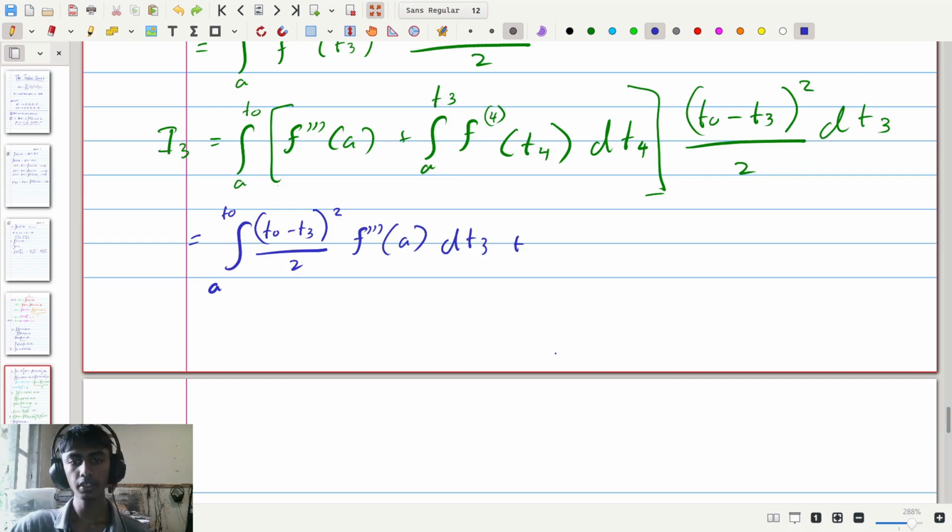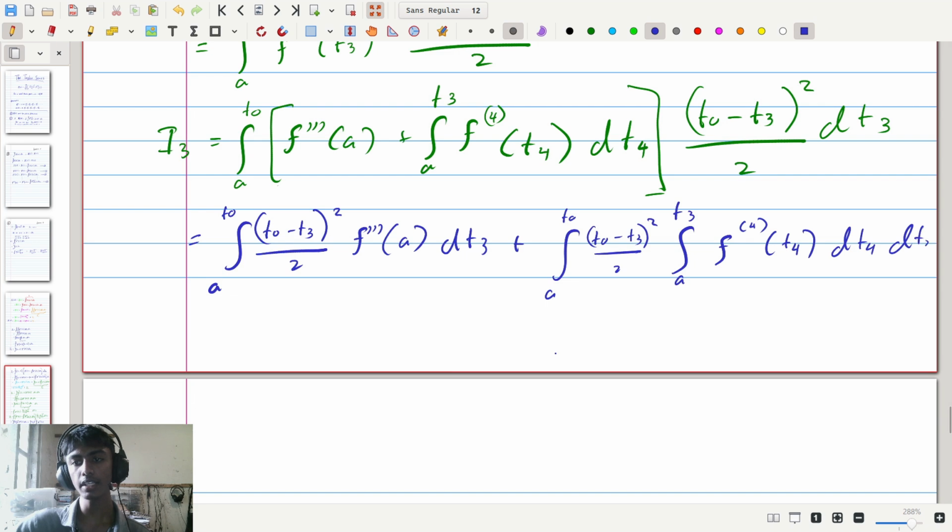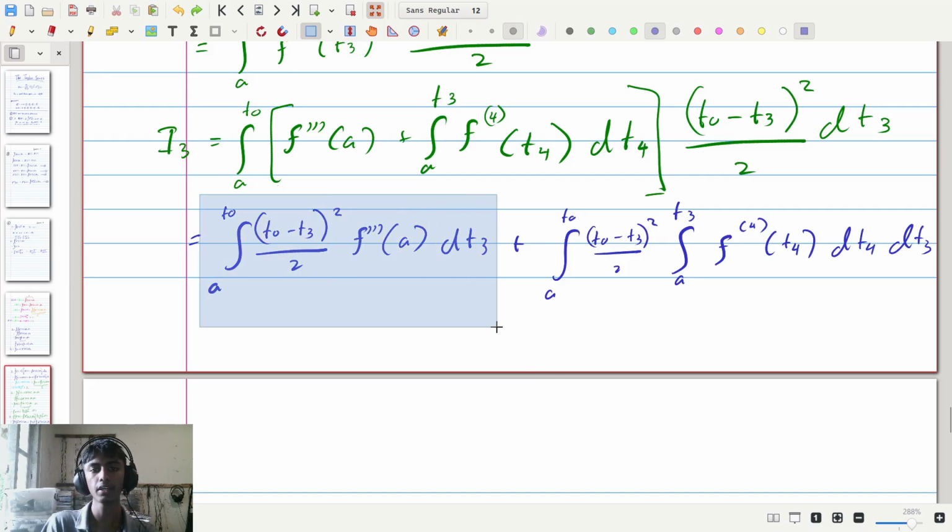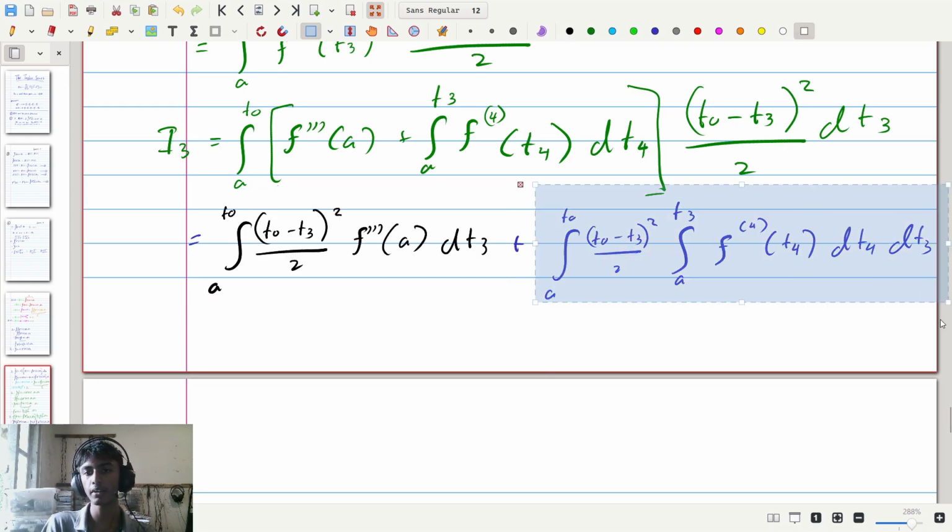So we're going to have the integral from a to t0 of that part, (t0 minus t3) over 2, this part squared, times the integral from a to t3 of the fourth derivative of f evaluated at t4, dt4, dt3. You might see here what we're going to be doing is once again swapping the order of integration. We're going to be doing exactly that, but for now let's color code these into two integrals and solve them separately. Let's call this the black integral, and let's take this part and call it the